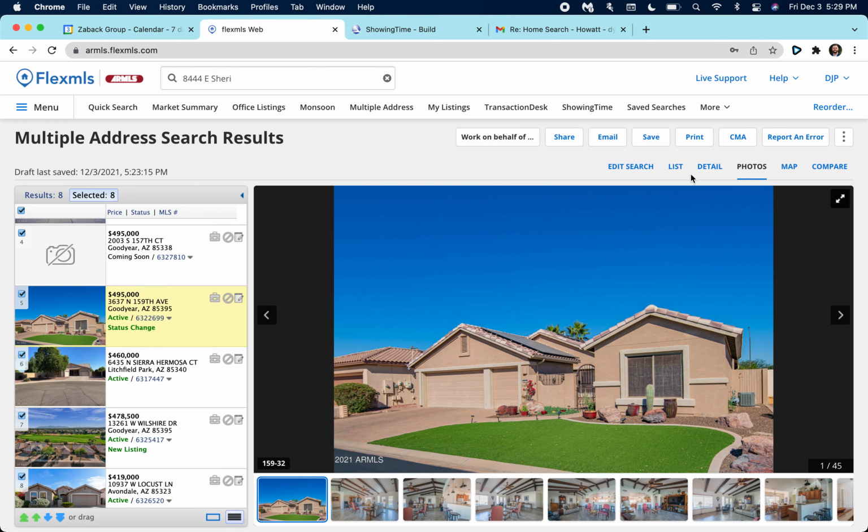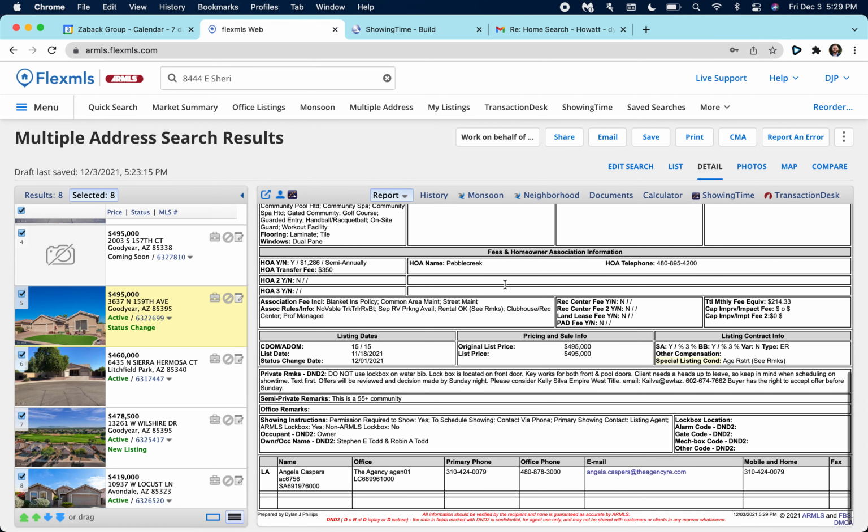But then, moving down the line, yeah. And then keep in mind, too, when you're going through this, this guy may not know that this is an age restricted community. So this is where it's going to tell you